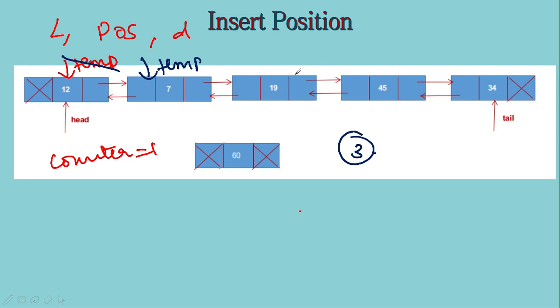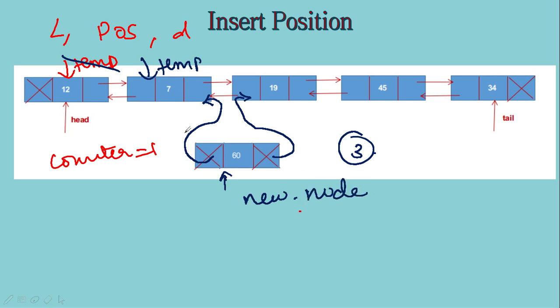If I have 2 pointers, no problem. I can have one more pointer to the next node, but that is not advisable. We will do it very carefully without losing the data. So first I will make the previous part point to this particular node and the next part point to this particular node. Let me call this the new node. So new node previous is equal to temp, and new node next is equal to temp next. The address of this node is in temp next.